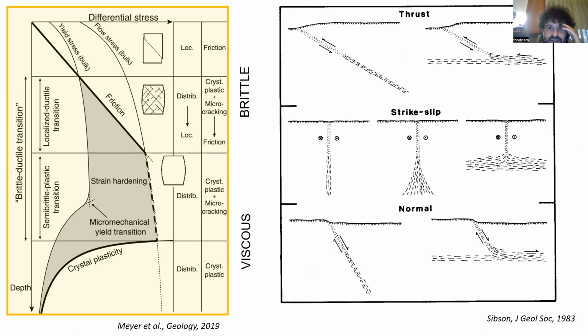So we go basically back to this kind of drawing of Simpson of 1980, where we have different crustal fault zones in different tectonic regimes, for example, compressional, strike slip, and extensional. We have here in dotted line what is called brittle fault zone, so our brittle seismogenic fault zone in the crust, and this one instead with lines represents the viscous root of a crustal fault zone. And you can see that also at the time Simpson was making different hypotheses, but we are basically at the same level now, because we cannot say